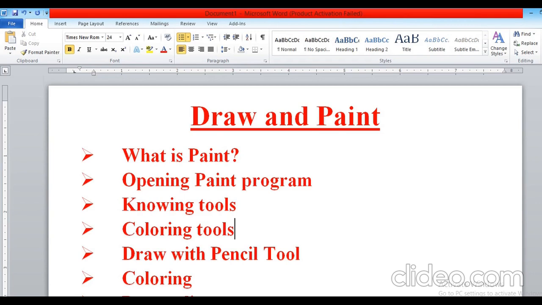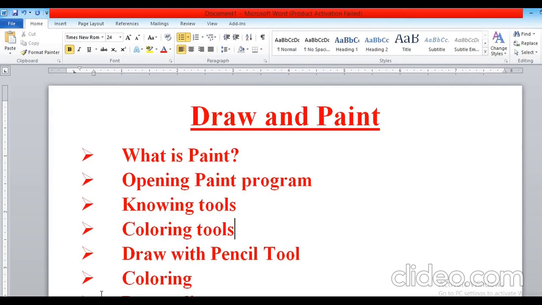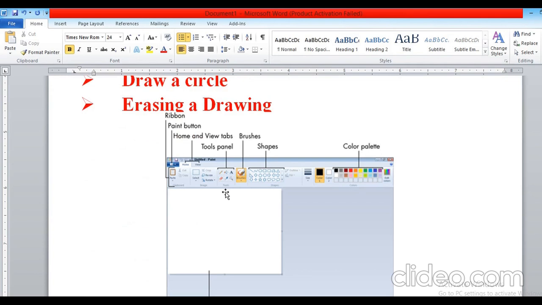Now you can see here in Paint the topmost bar, where it displays the name of the program, that is your title bar. This area where different groups and tabs are given is called the ribbon.